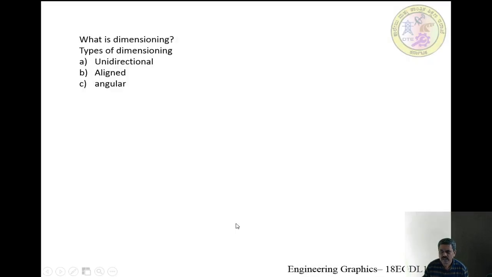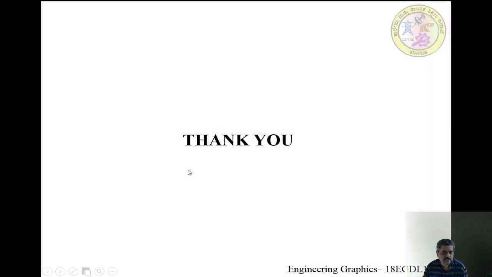So of course, dimensioning is left out. We will take up, probably the time is running out. And the dimensioning, of course, unidirectional and aligned system. I have already indicated that unidirectional is ANSI and the aligned system of dimensioning. What exactly is dimensioning, how to identify unidirectional and aligned system, and in a CAD system, this is manually. Okay, this is in a real world on a sheet of paper. But in a CAD system, it is not mentioned as unidirectional aligned system, but is always mentioned as ANSI MM or the ISO.